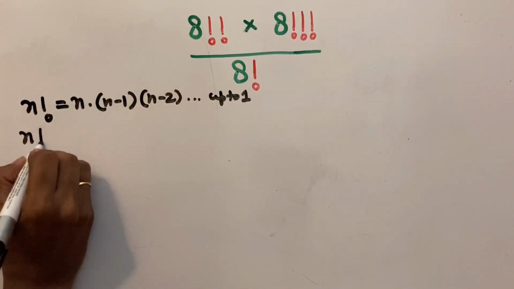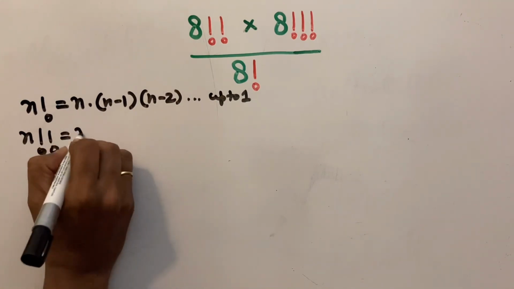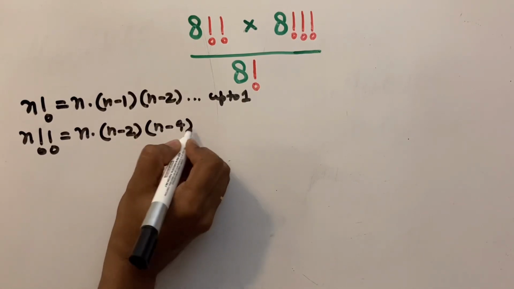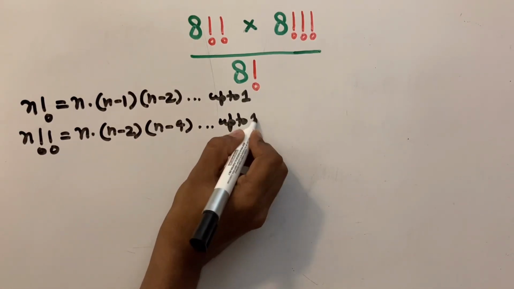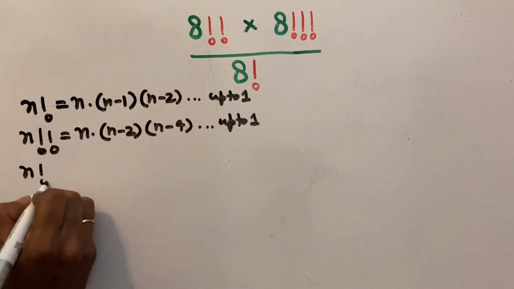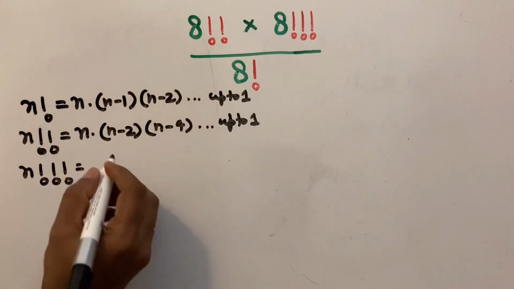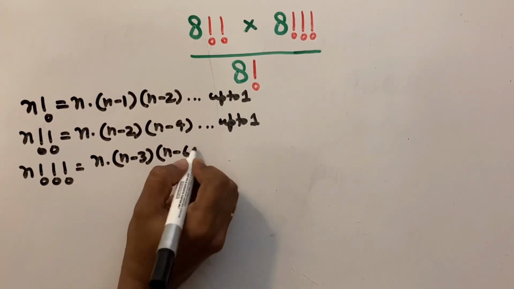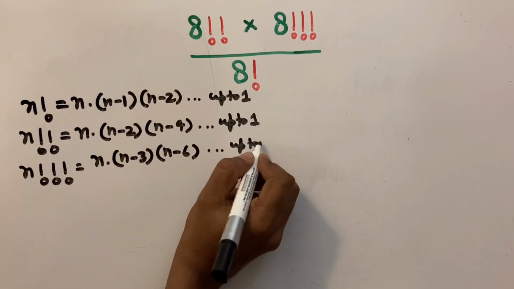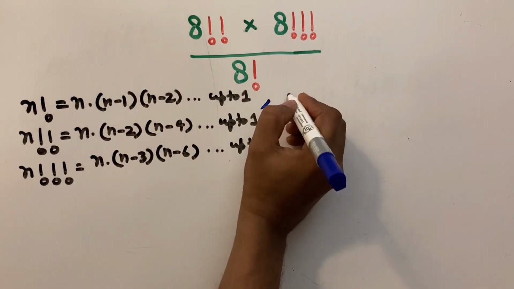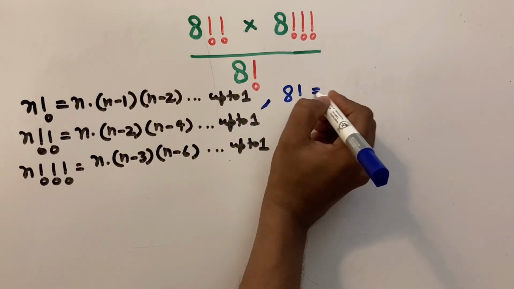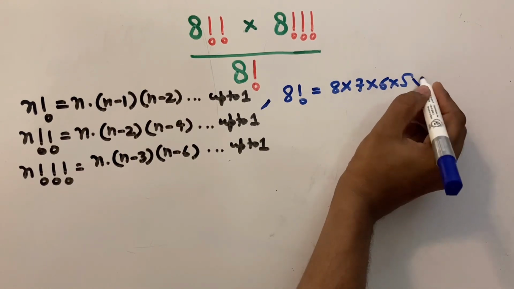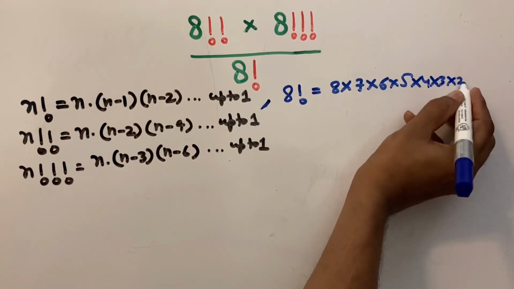Similarly, n double factorial is equals to n multiply n minus 2 multiply n minus 4 up to 1. And similarly, n triple factorial equals to n multiply n minus 3 multiply n minus 6 up to 1. So the value of 8 single factorial is equals to 8 multiply 7 multiply 6 multiply 5 multiply 4 multiply 3 multiply 2 multiply 1,